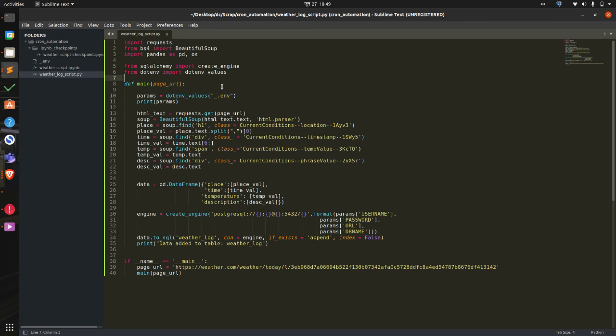So previously we used the magic function, but this time we will be using functions. So dotenv has a function called dotenv_values, and it can be used to load the text file, which is _.env in our case. And we can print the params like previously. We can pull place, time, temperature, and description values, and wrap those in a nice data frame, and eventually create an engine and push that to the weather log table. And we have to specify the page URL in the main function, which acts like a parameter for this function. So if we were to run this,